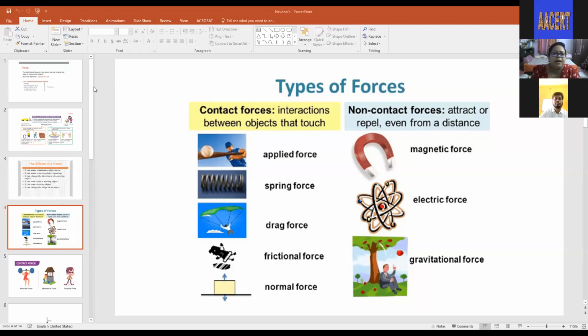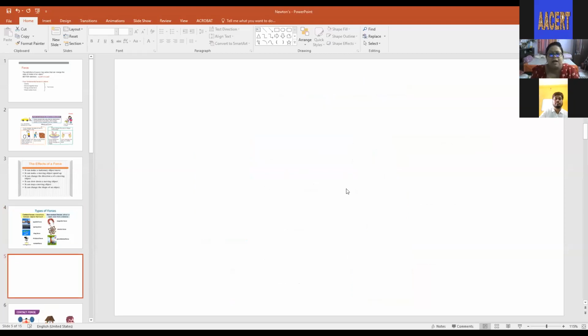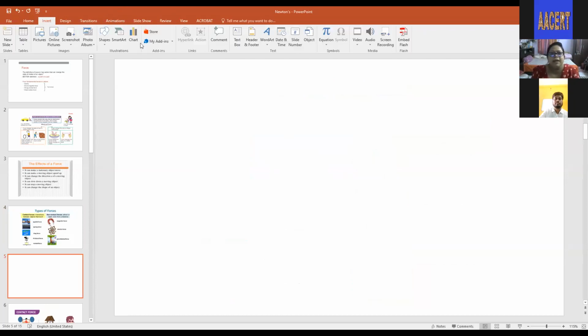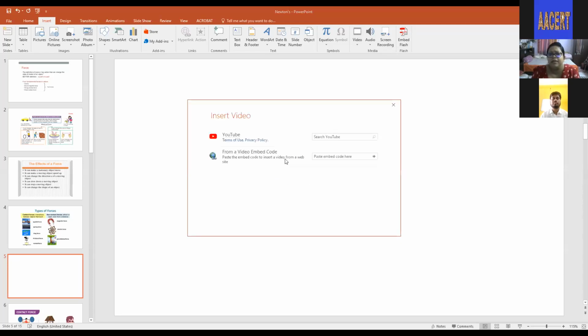Suppose I am entering a slide, and I can paste the option also. You have to use the hyperlink: insert, and then hyperlink. In that way you can use any video or anything, an online video, and put it in your slide.